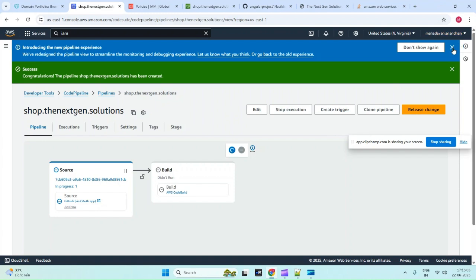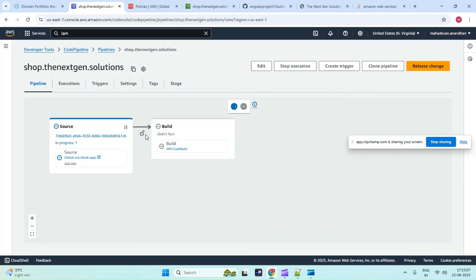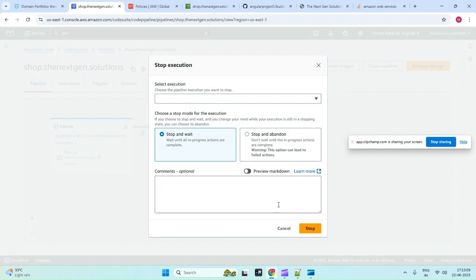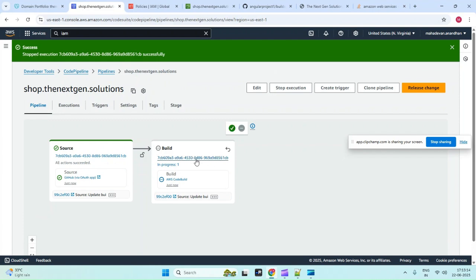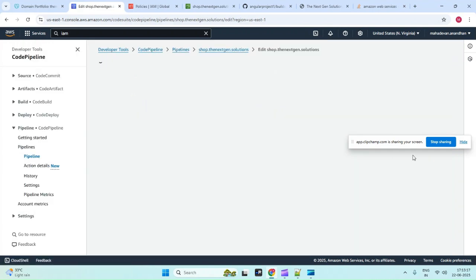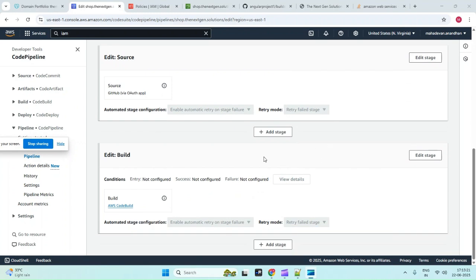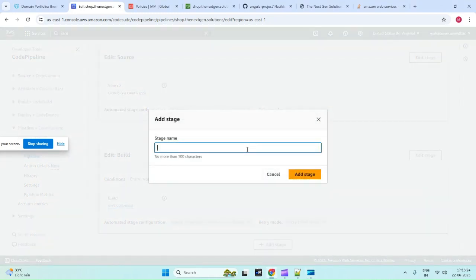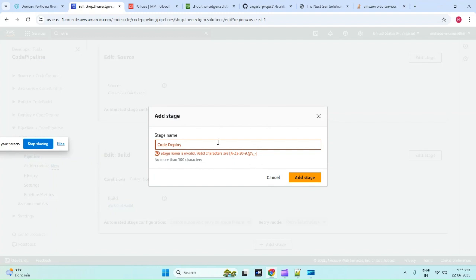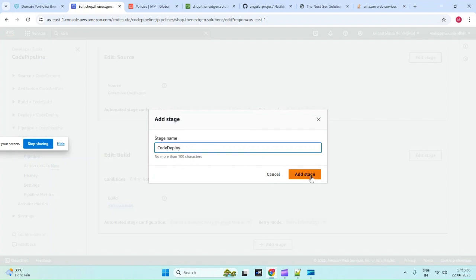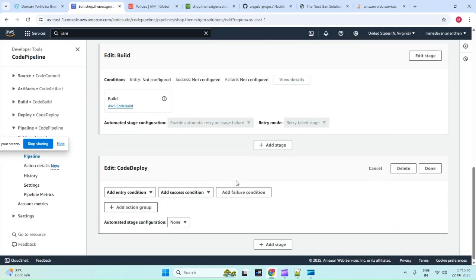Yes, it's created successfully, and we don't want to execute this build for now, and we need to add a deployment stage, right. So for that I stopped the execution, and we need to add another stage. It's called code deployment. Okay, I don't want to give a space, and click add deployment,